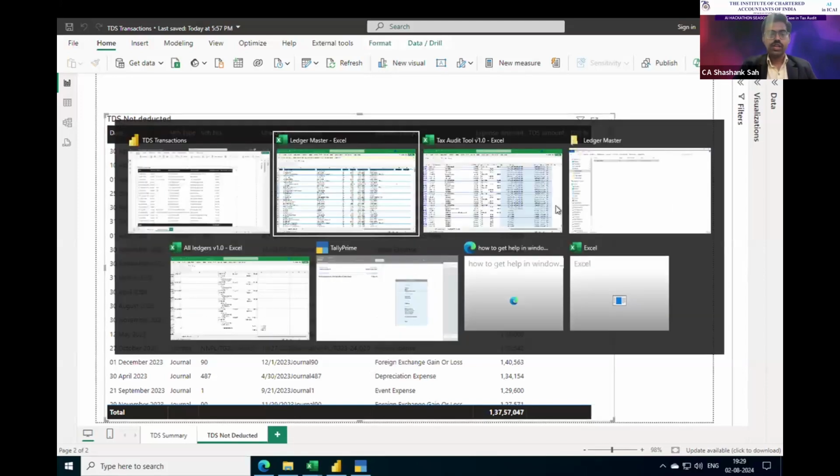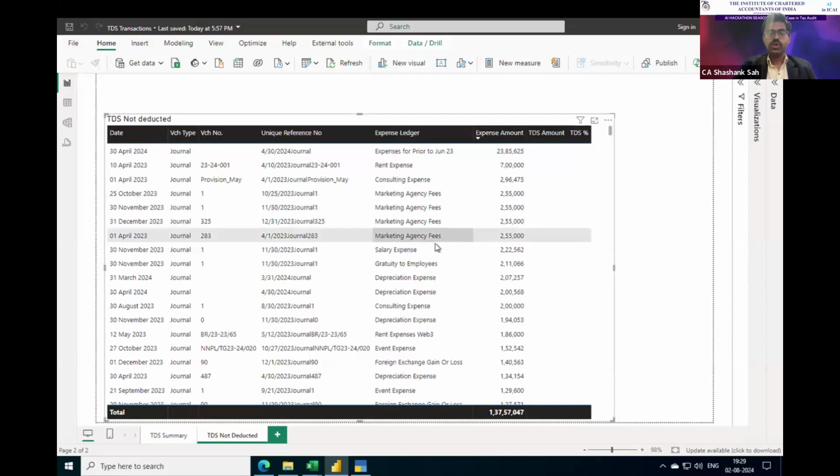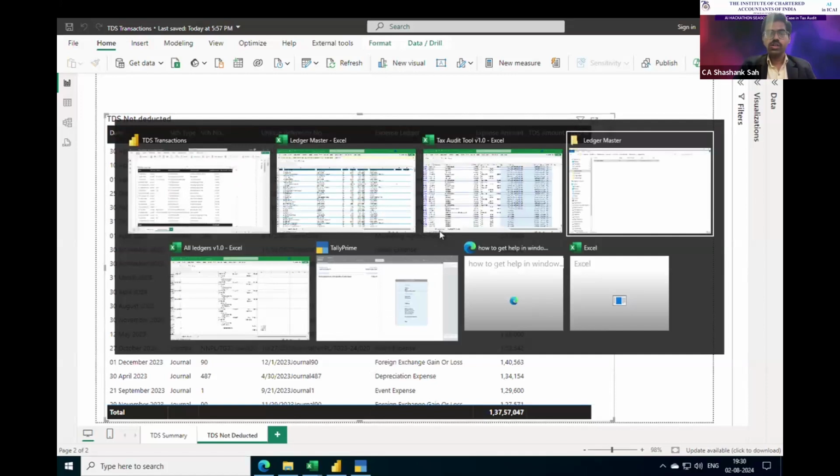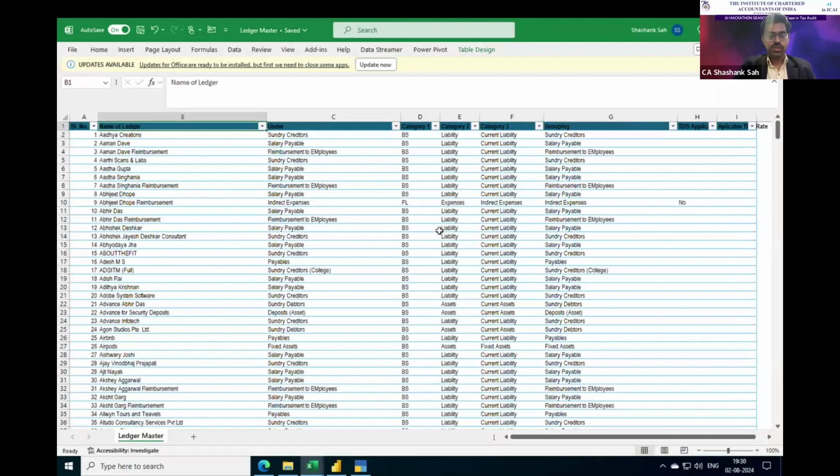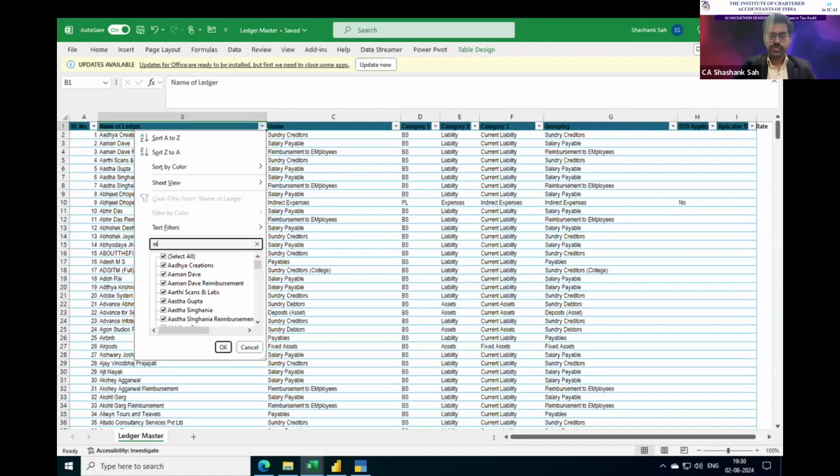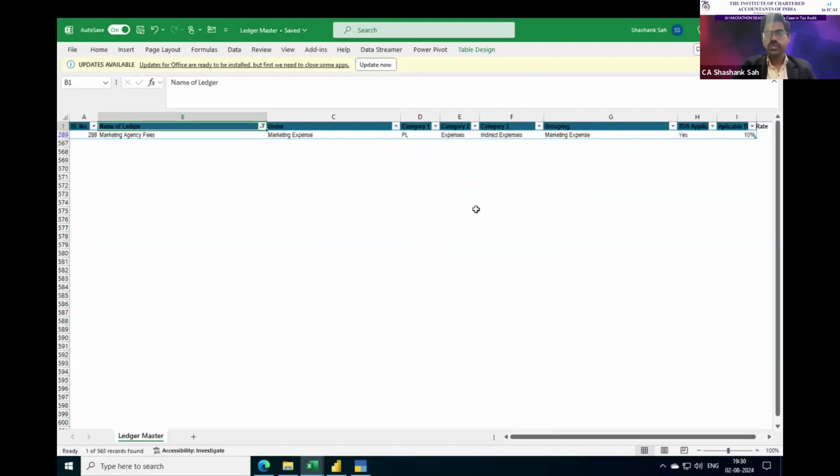So let's suppose a particular transaction, you identify this marketing agency fee, which is appearing over here, is a non-TDS deductible expense. First, you had marked it as TDS, now it is non-TDS. As a user, you just have to go to Ledger Master, filter out marketing agency fees, and we can put it as no. As soon as this is done,